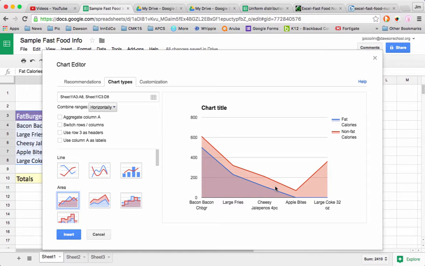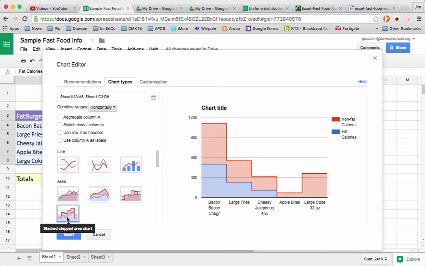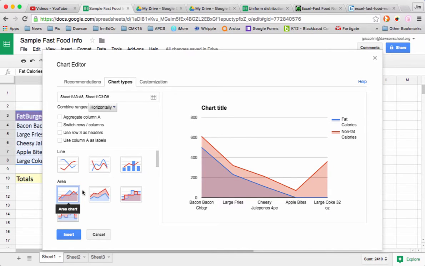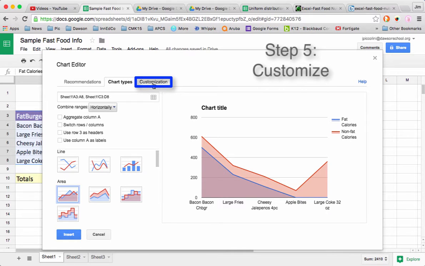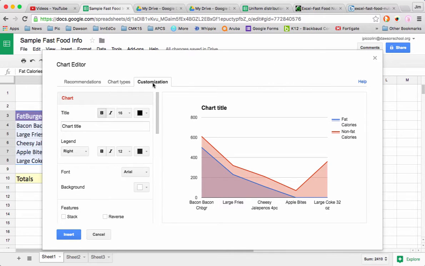Let's say that I want to go with this. I could press Insert Chart here. Ooh, I like that too. But let's stick with the original. Let's say that I want to use this chart, but notice that I have a generic chart title and no labels on my axes. The way you can affect those is to go to the Customization tab,